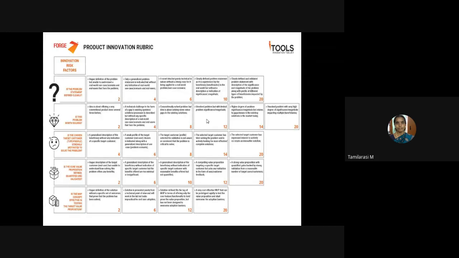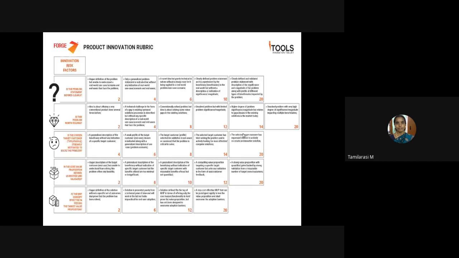It needs to be solved, but only for a few beneficiaries. If that is the case, then you can give 12 points. The next one is 14 points, which will be given to the higher degree of problem importance. So if that is a problem that is required to be solved immediately, in urgency, then we can give the score as 14. If your problem is the most important need to be solved for the beneficiaries, you can give the score as 14 points.